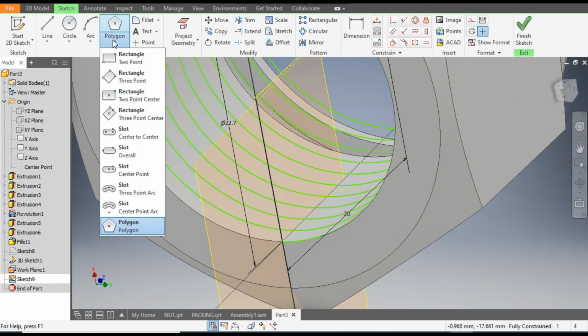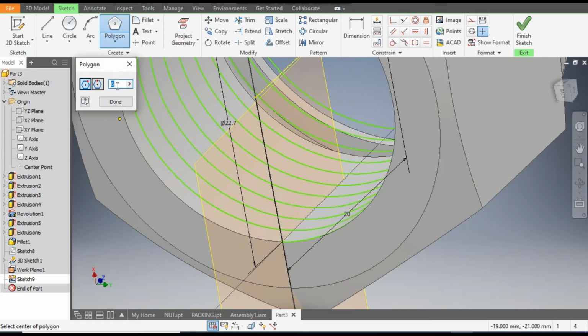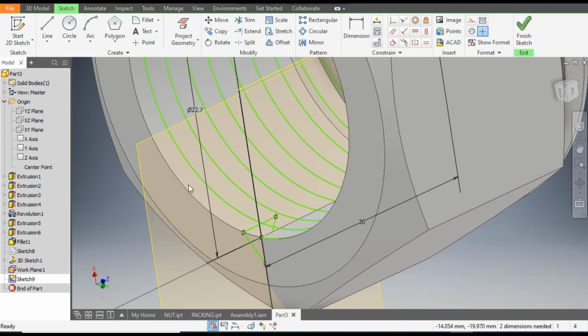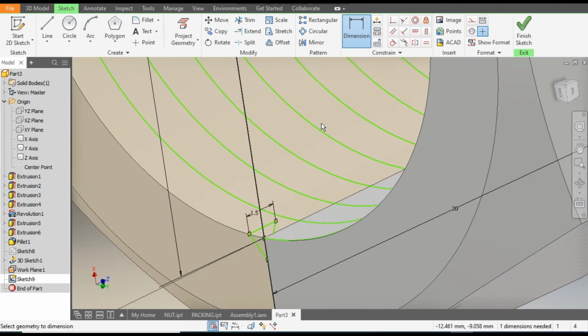So from here go to polygon and take sides 3 and we will make a triangle. The center point will be this and the triangle will cut inside. As you can see here, this will be the profile. Now go to dimensions. Here take dimension of 1.5 mm. Okay, and go to vertical constraint, go to horizontal constraint, select this point and select this point. Now it is fully defined,